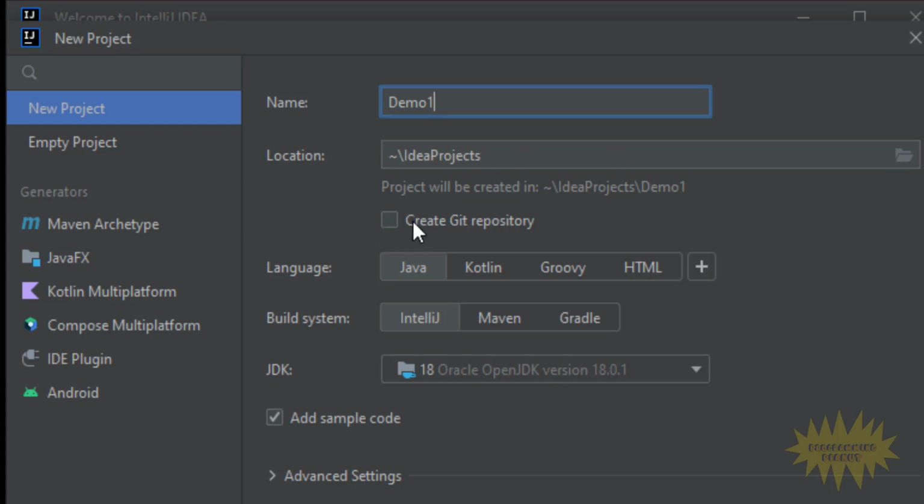This right here is if you want to initialize Git for this project. This is the language that you'll be using. It also gives you other options here like Python or Scala, but this series is going to be based off of Java, so make sure Java is checked. The build system here, I haven't made any videos on Maven or Gradle, so just keep it here where it says IntelliJ. And then for the JDK,